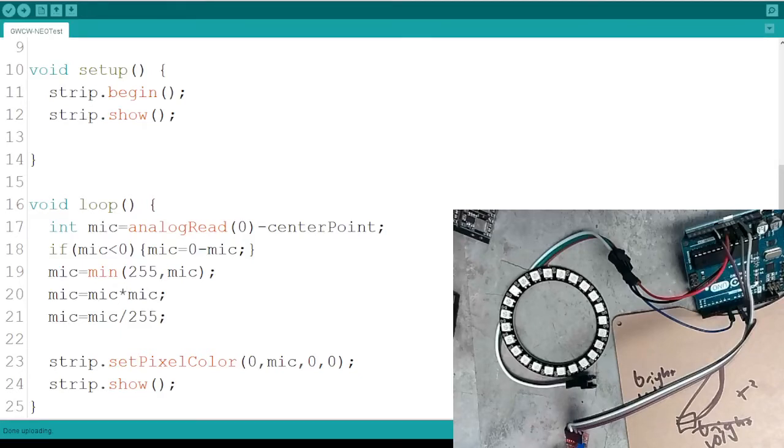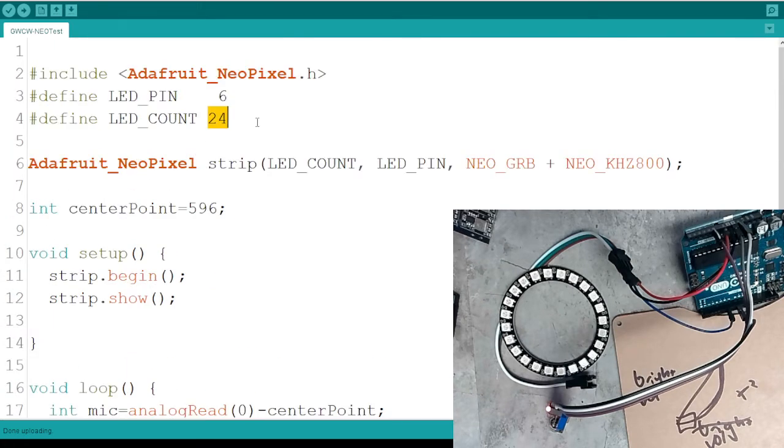All right, last video we got the microphone sensing volume, and we've got pixel 1 reacting to it. Now let's get all the pixels reacting to it, right? Let's actually make a show out of this. So instead of just setting the 1 pixel color, which is pixel 0, we have 24 pixels to play with,